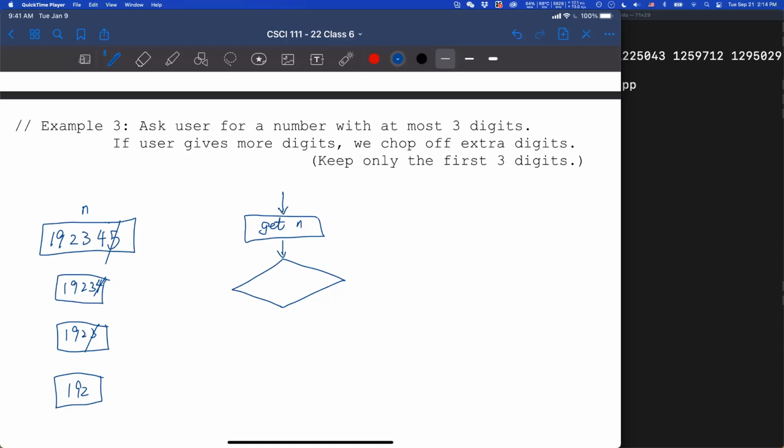In your yes/no question, you need to check both sides. If your number is greater than 999, or your number is less than negative 999. So you pretty much do it both ways, the positive and negative. But here we assume our number is not negative.